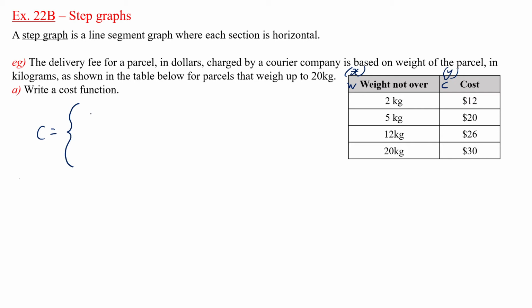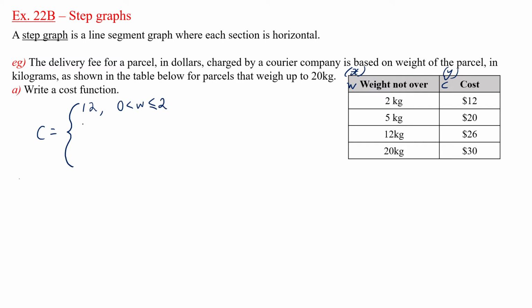Okay. In the first case, I'm going to pay $12 if the weight of the parcel is between, obviously I can't have a negative weight, so I'll put the 0 in there just to indicate that, and 2 kilograms. If the weight is less than or equal to 2 kilograms,